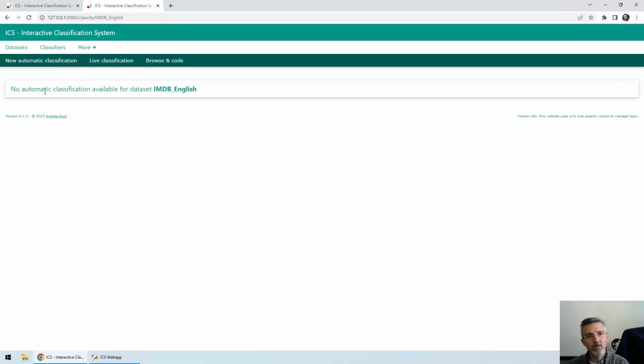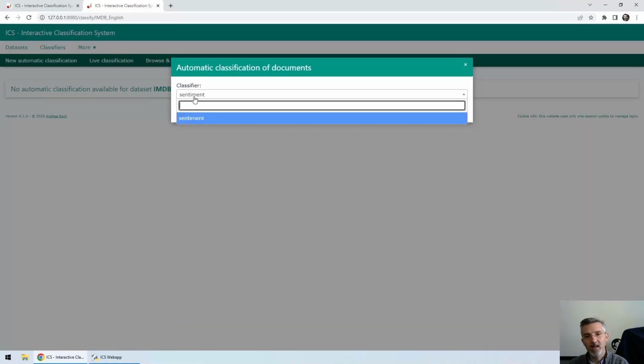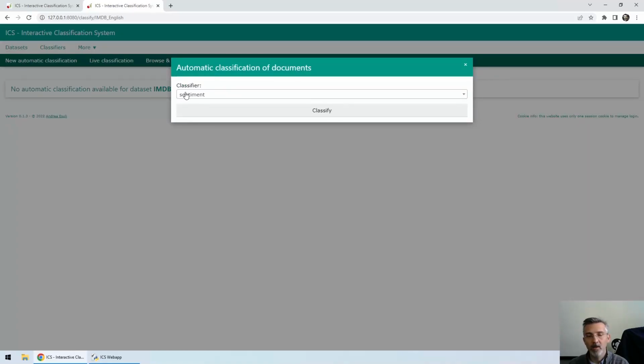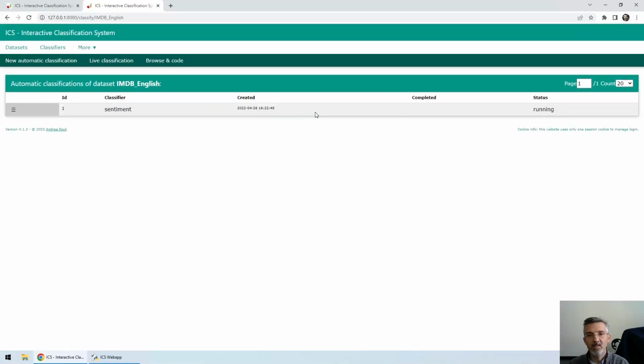So once we are in the automatic classification page, we can ask for a new automatic classification. We select the classifier. Right now we have just sentiment, so the dataset is already selected, and we hit classify. So what happened in the background: all the 25,000 documents of the dataset are automatically labeled. Well, not all. Those that have not been manually labeled, and we will see that